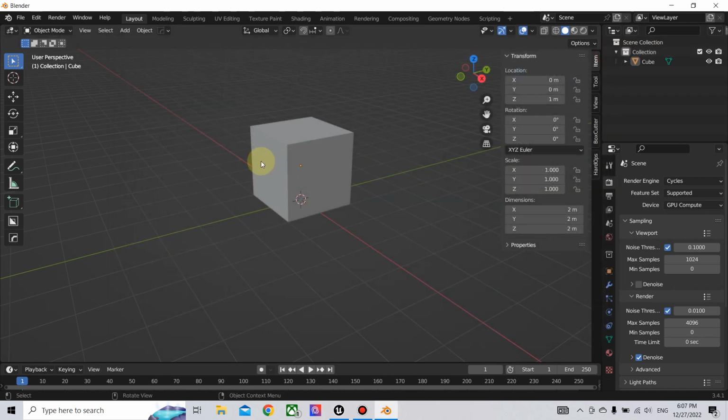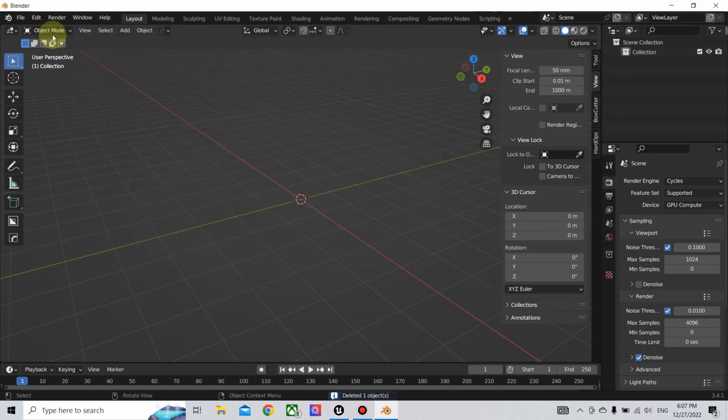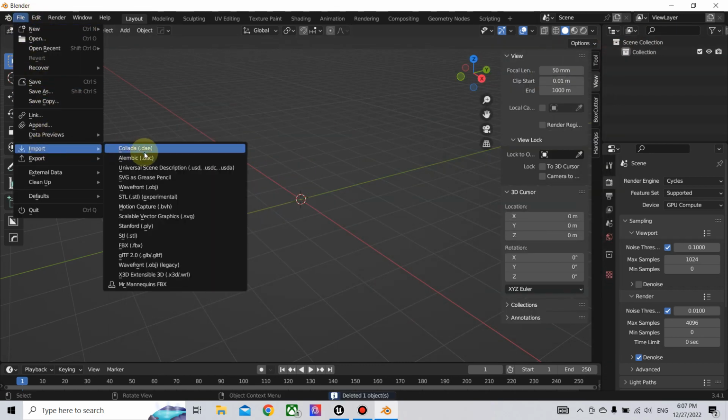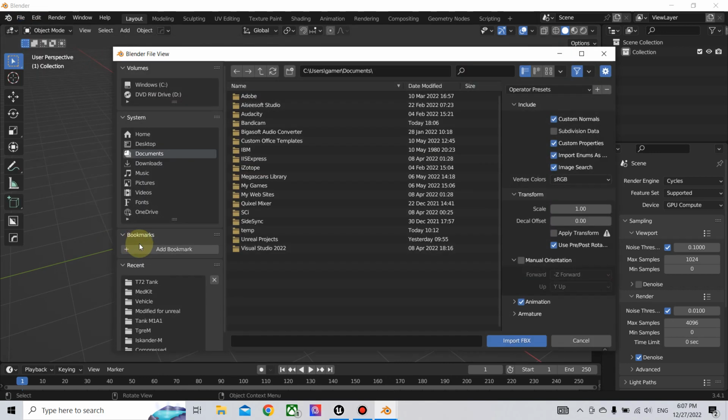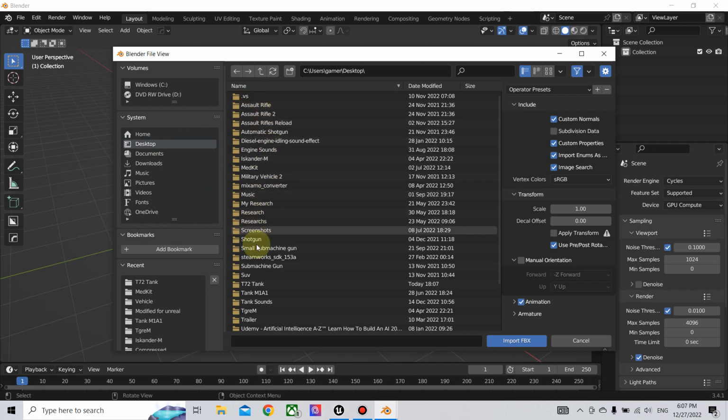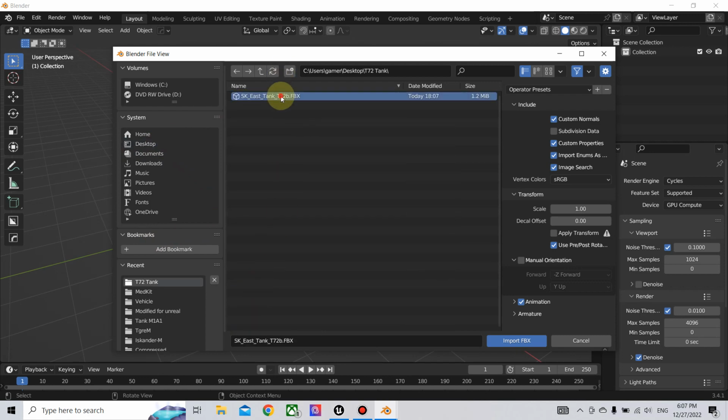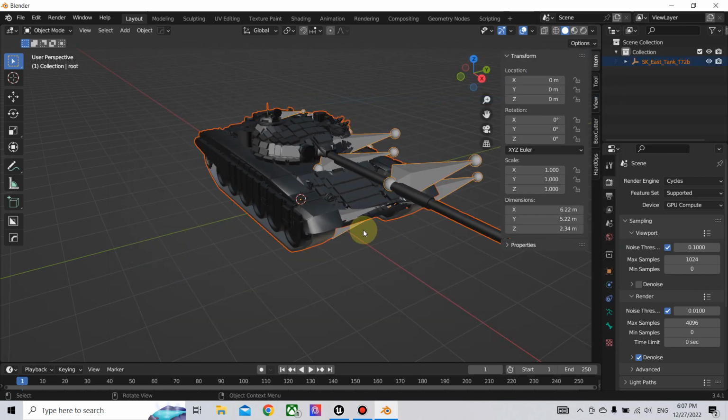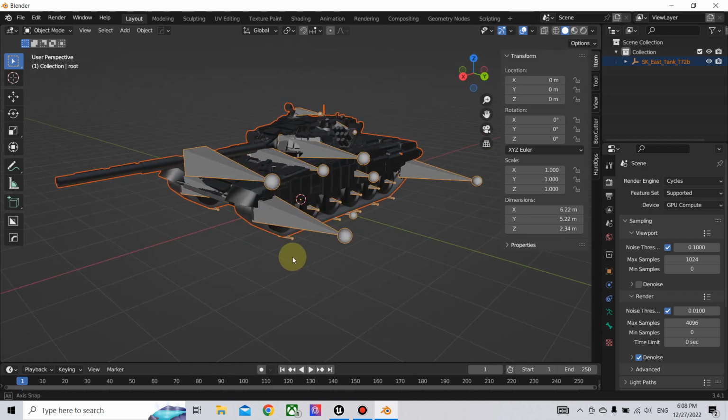We need to import FBX. Choose our folder, import. Here, if you do not know how to use Blender, you press the middle mouse button to rotate the